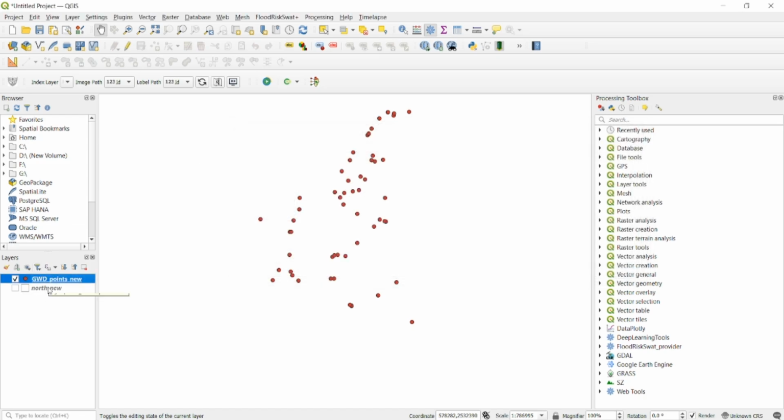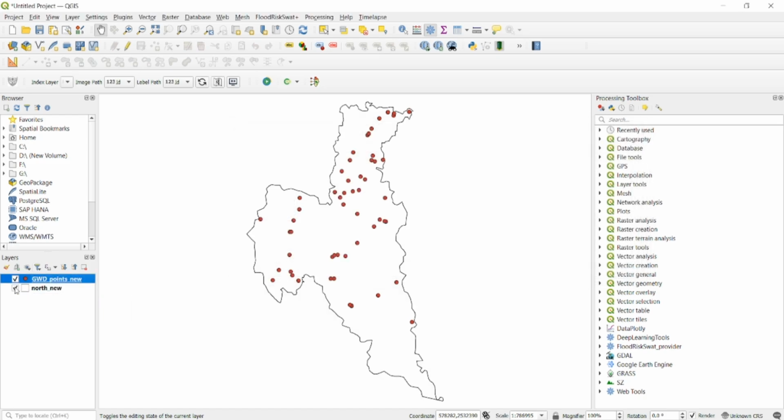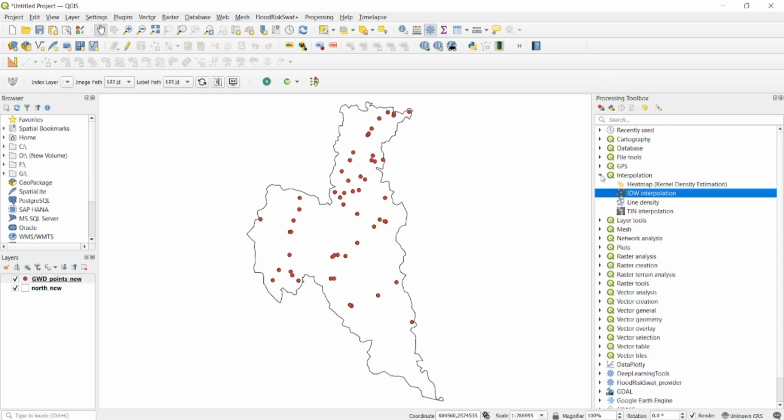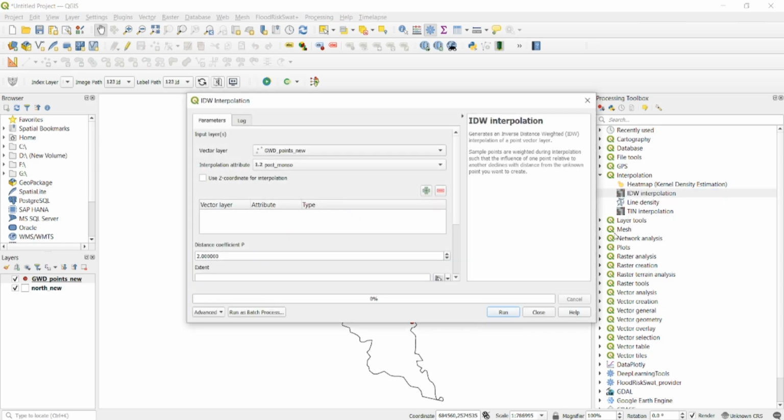groundwater level. And secondly, we need a boundary data set or boundary shapefile for which the interpolation surface will be developed. So after importing both the data sets, now we have to go for the interpolation technique, and for getting into the interpolation technique we have to go to this processing toolbox. If it is not activated, then we have to activate this toolbox from this processing and toolbox. So as it is already activated, now we have to go to this interpolation option, and then we will find IDW interpolation. If we double click on this, it will open a new window,